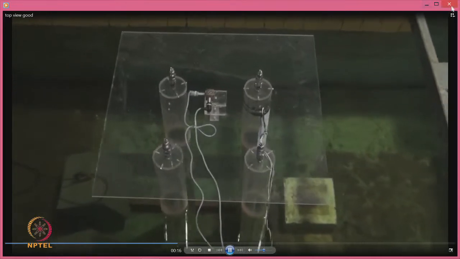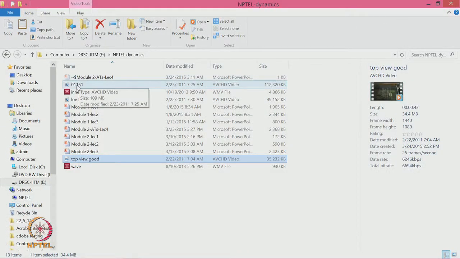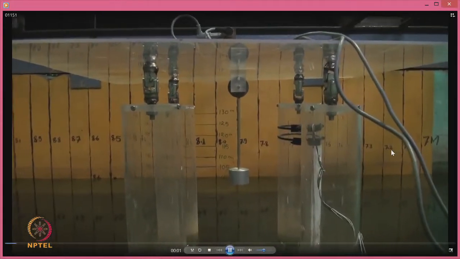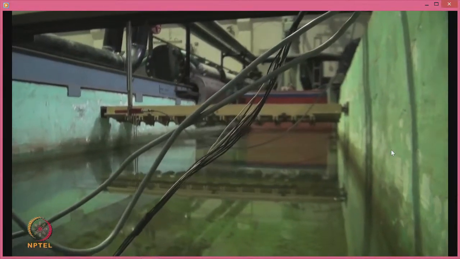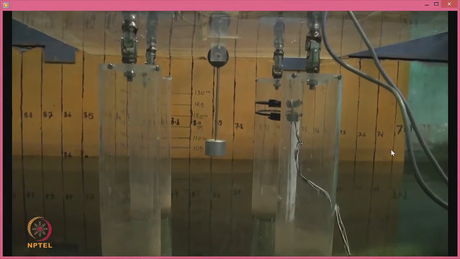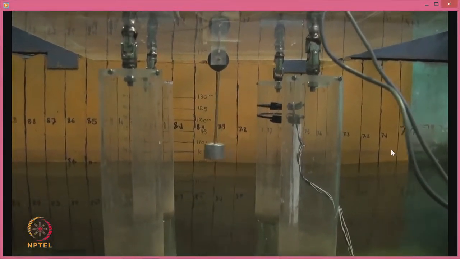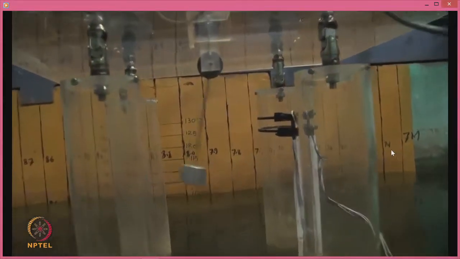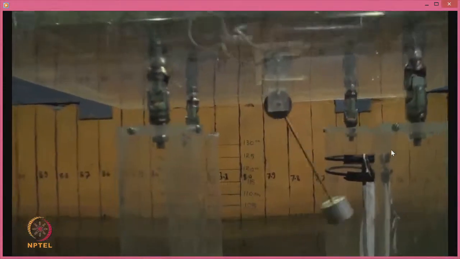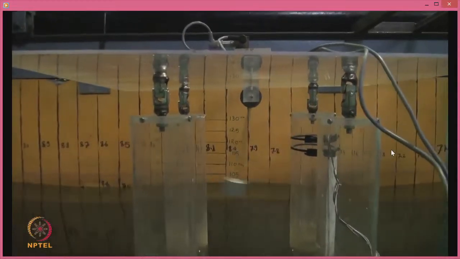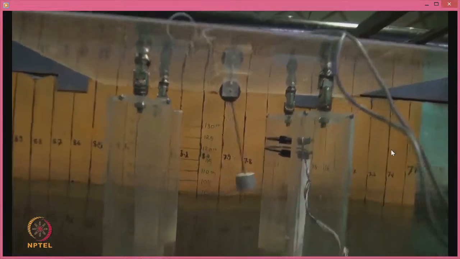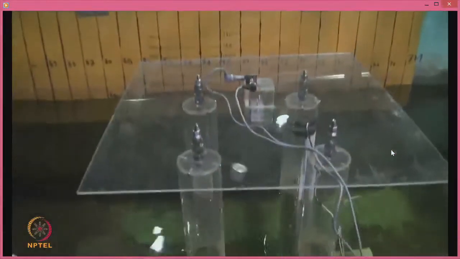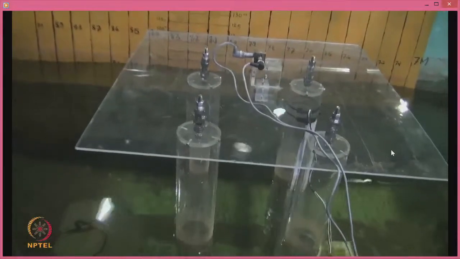Now I put a secondary mass system suspended from the primary mass and see what happens. Secondary mass suspended now, wave is applied, unidirectional, scale model of 1:100. Look carefully, when the system moves to the left, the pendulum moves to the right, you can see that. I will show you something very interesting: the top deck does not move at all, only the pendulum is oscillating. There is a response control obtained in this. It is a very simple mechanism by which I can tune the secondary mass to that of the primary mass so that they are out of phase and I can control the response of the deck.